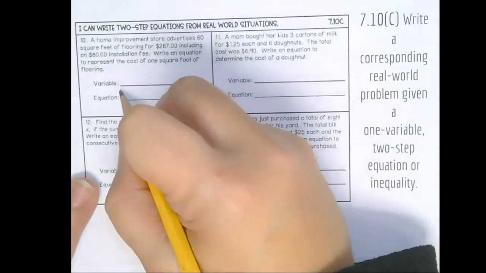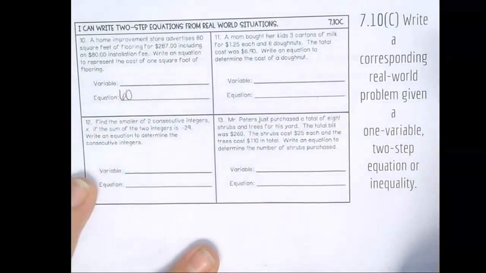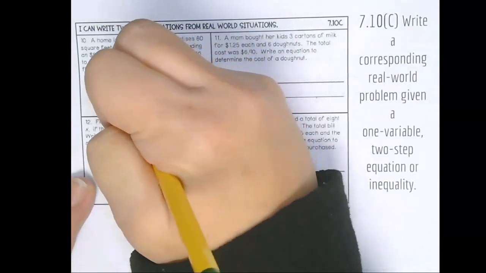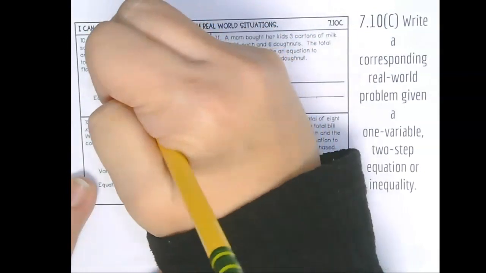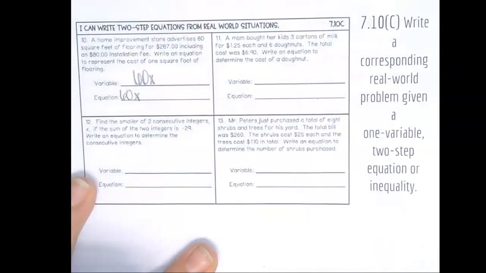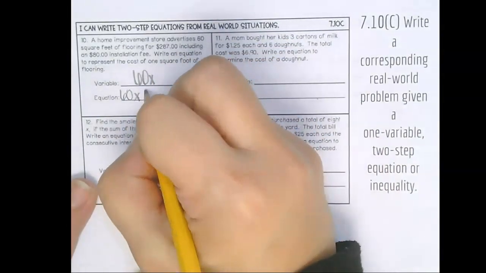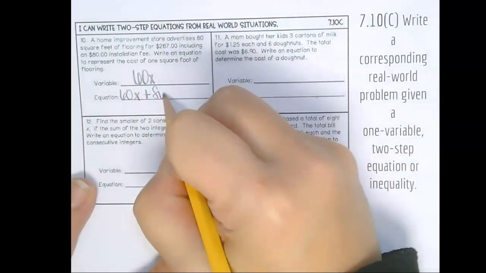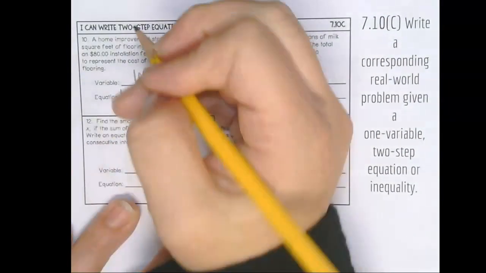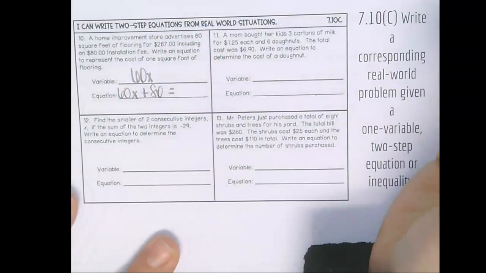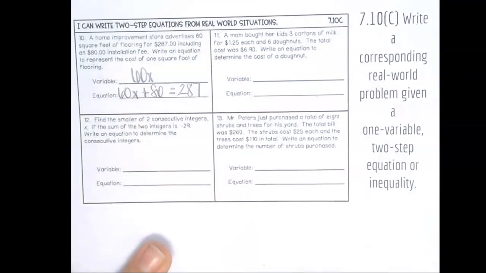Because we know that the flooring is 60 square feet, we're not sure exactly how many of those we are going to need. That's going to actually be our variable, right there. I'm going to go ahead and write it with our coefficient, right? And then we had an $80 installation fee. That's our initial value. We can't get out of paying that $80 installation fee, so that's going to become our constant in this problem. And then all of that is going to cost me